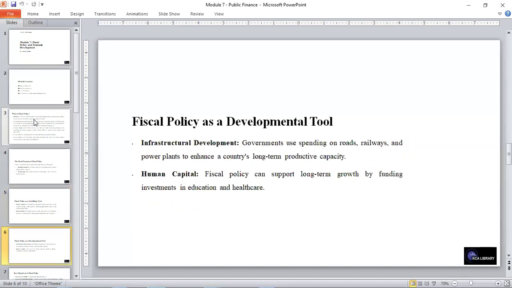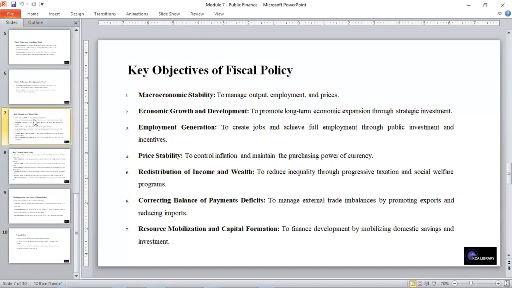In terms of it as a developmental tool, the first aspect we look into is infrastructural development. And for this, government uses spending on roads, railways, and power plants to enhance a country's long-term productive capacity. And as per human capital, fiscal policy can support long-term growth by funding investments in education and healthcare. We have some key objectives of fiscal policy, which range from macroeconomic stability to economic growth and development, employment